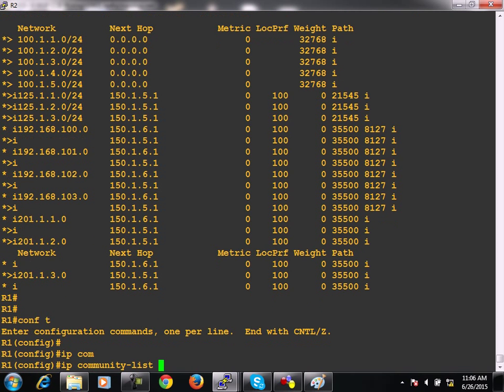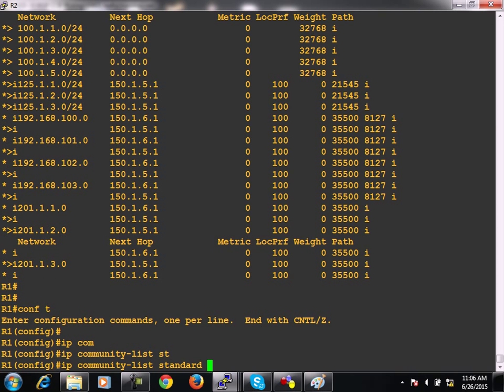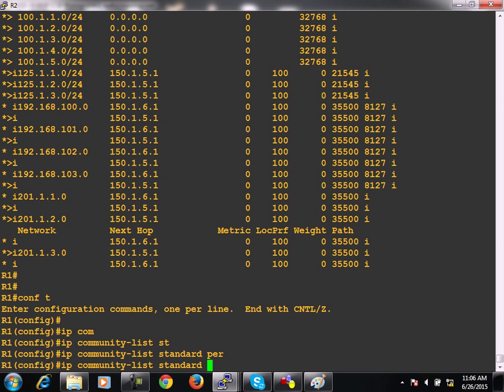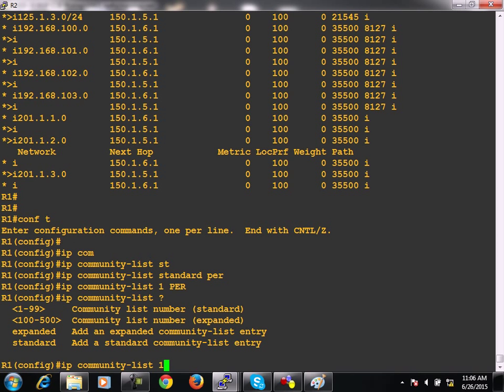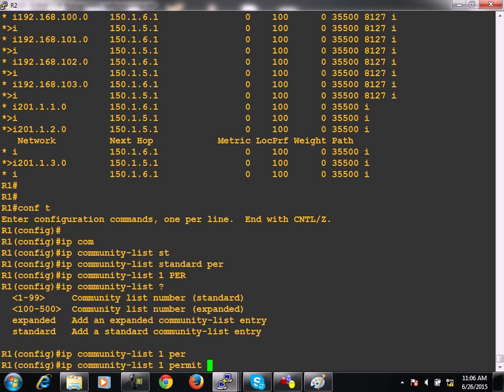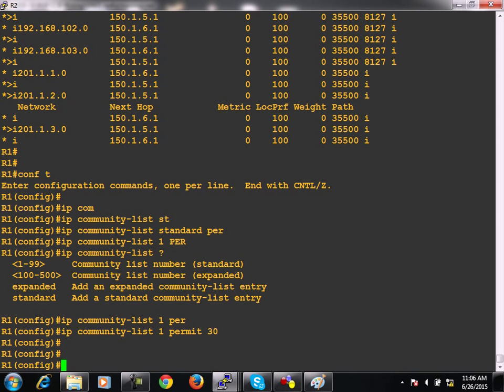To do that, create one community list on R1 because I wanted to do it only on R1, right? Community list standard permit standard is, we can also take its name as well. Community list 1 permit. If you are taking any number in between 1 to 99, it means it will be automatically standard community list. 1 permit is what? 30 because I wanted to remove it, right? Okay. After creating this community list with permit statement,